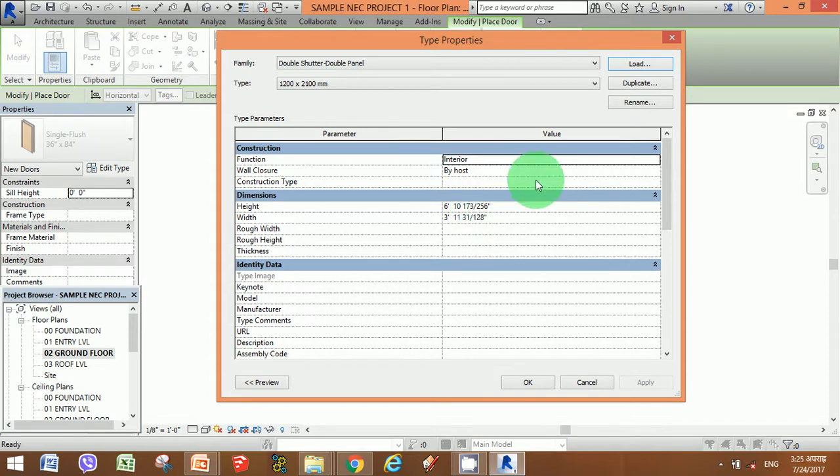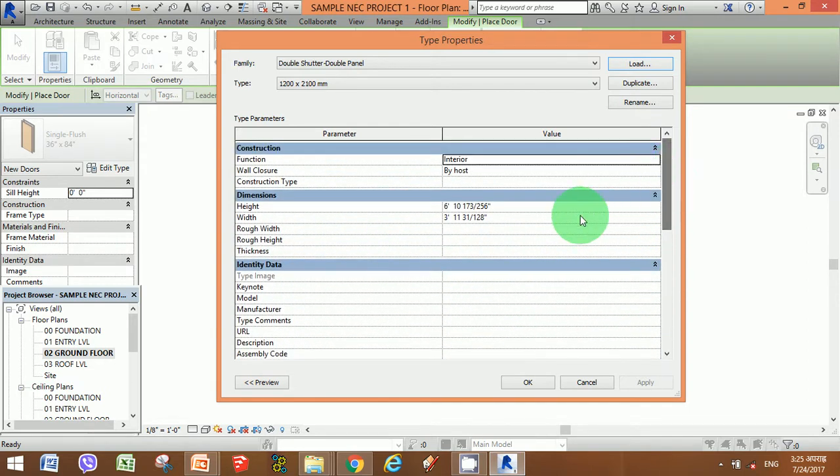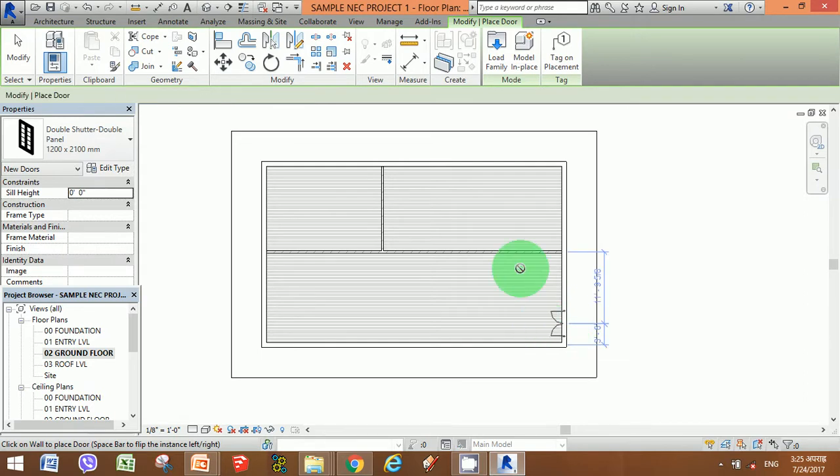Now before using this door, I would rename the parameters of this door, because the dimensions are not exact. So I would rename these dimensions as 7 feet 6 inches. I wanted the height of 7 feet 6 inches, and I need a 4 feet wide door, so it can be 4 feet 4 inches to be exact. I think this is okay for now. So once I've got my door, I'll just rename these doors accordingly.